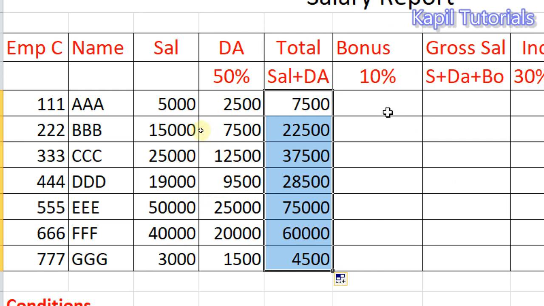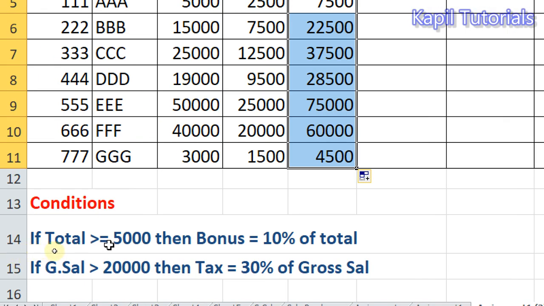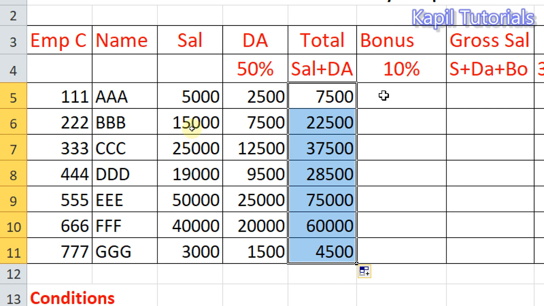So now bonus is equal to 10%, but I have given some condition for bonus. If total is greater than or equal to 5,000, then bonus is equal to 10% of total. So I have to put the condition here. Is equal to, if total, that means what is total?